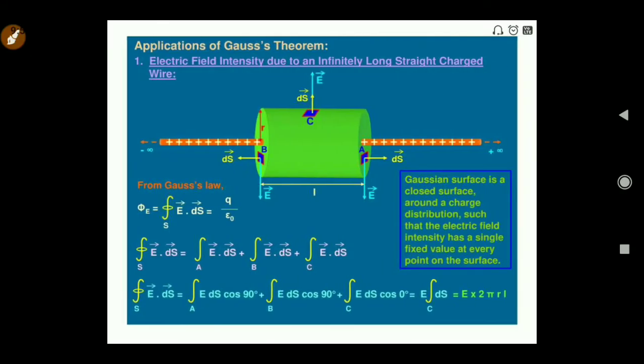Now let us discuss how we can apply this Gauss law to find the electric field due to this charged conductor. So here there is an infinite long linear charge conductor. If you say, sir, how is it possible to make a wire whose length is infinite, what is the practical existence of this kind of wire? So this is not an infinite length wire; infinite means a very large length, and there is a comparison.